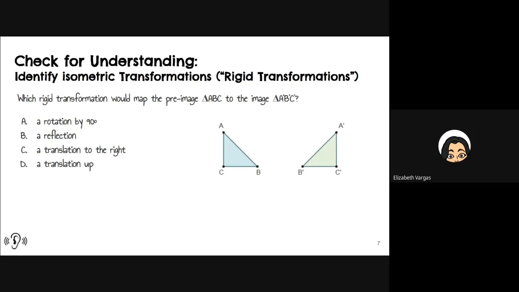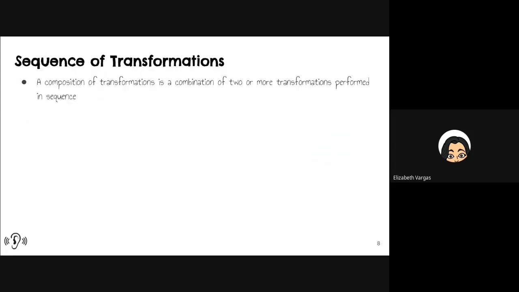Okay, and you are correct. This is an example of a reflection. As we can see, the pre-image was flipped around to create our image. So good job, everyone. Okay, so now that we've done that, we are going to go into a composition of